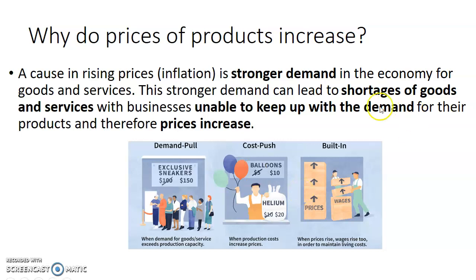So if the demand is more and the supply is less, then the price will increase to regulate that demand. Obviously the demand will go down. People don't want to buy expensive items, and it will regulate the demand and supply. Okay,